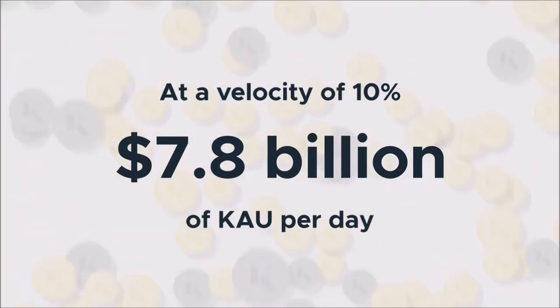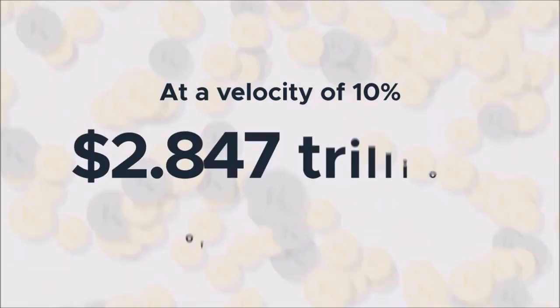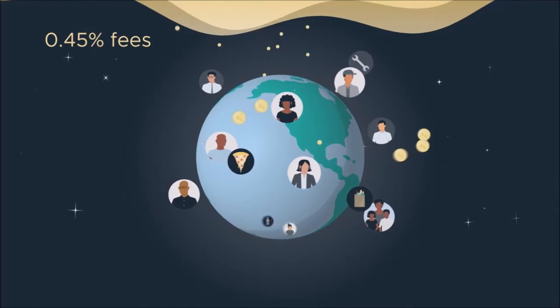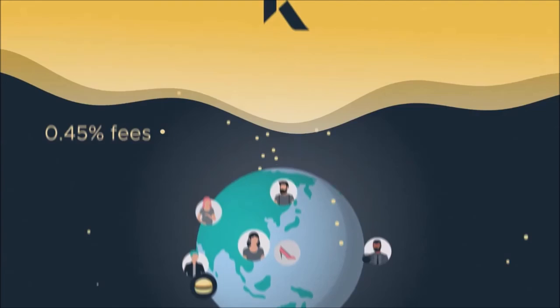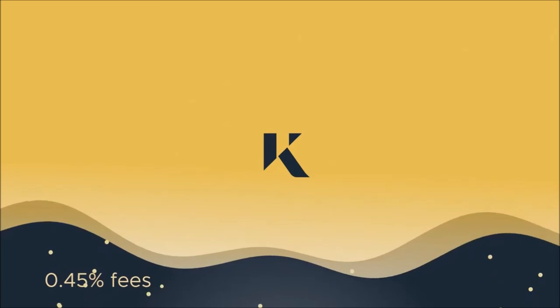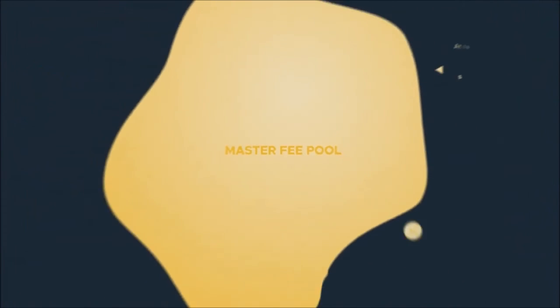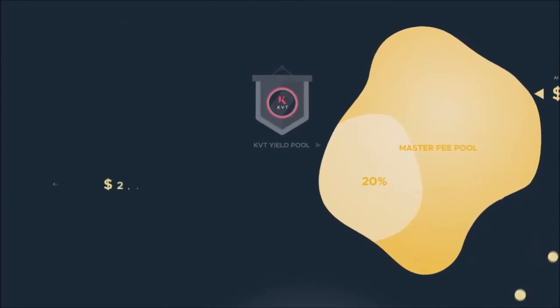To calculate the total volume of transactions in a year, we multiply this by 365, giving $2.847 trillion. In this example, the 0.45% transaction fee that would be relevant for sending money, locally or internationally, is taken into account. The fees on $2.847 trillion in transactions at 0.45% would equal $12,811,500,000. These will go to the master fee pool. From the master fee pool of $12,811,500,000, 20%,